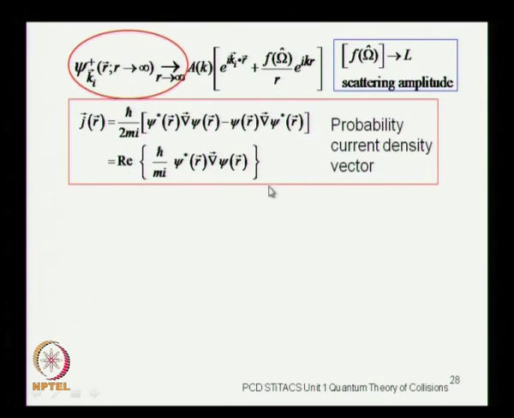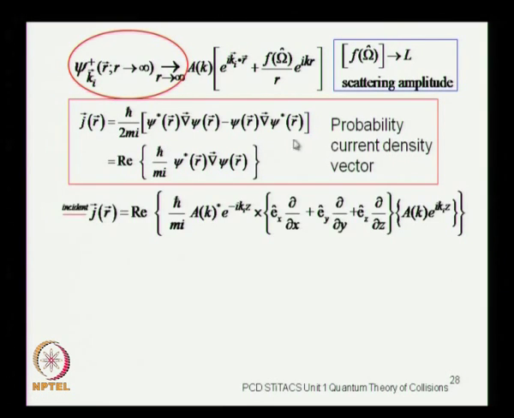Now, we will study this current density vector in the context of the scattering solution with outgoing wave boundary conditions. So, you have got the incident wave, there is a certain amplitude which depends on the energy, and the dependence on energy is manifest through the argument k, because energy is h cross square k square by 2m, right. So, k is a parameter which tells us what the energy is. So, there is an energy dependent normalization A k,